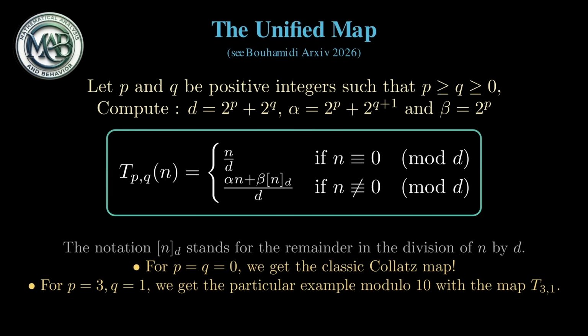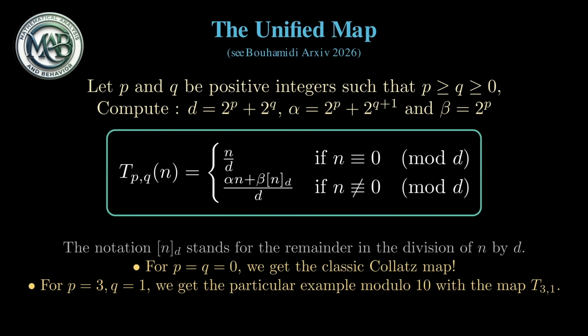By expanding to any p and q, we discover a vast landscape of discrete dynamical systems. Through this generalization, we could potentially gain a deeper understanding of the conjecture's underlying structure. By stepping beyond the narrow path of the original problem, we may perhaps see the hidden architecture that governs these numbers: the power sum divisor, the multiplier, and the increment. Mathematics often reveals its deepest secrets through the lens of generalization.